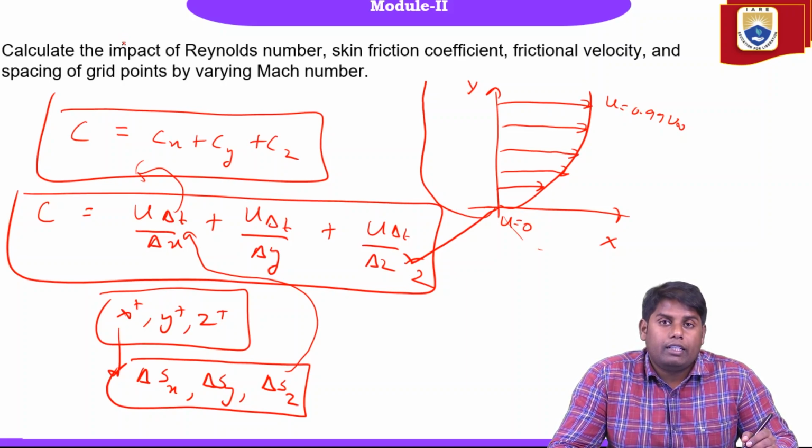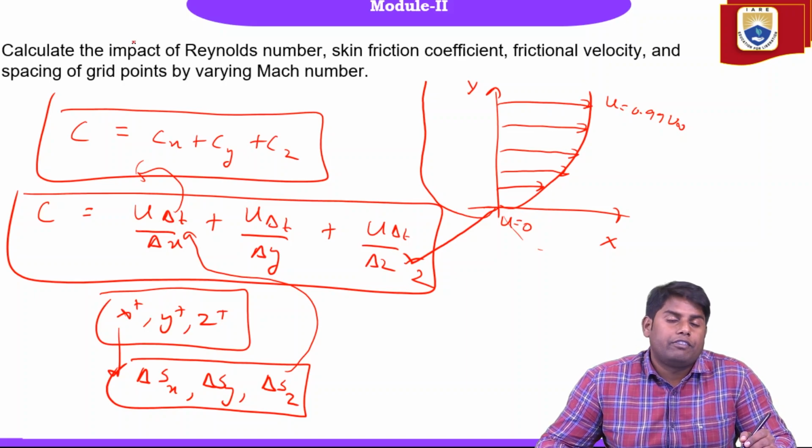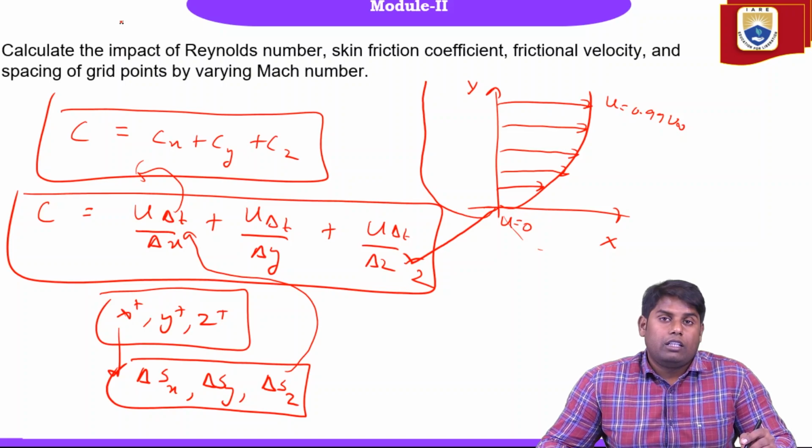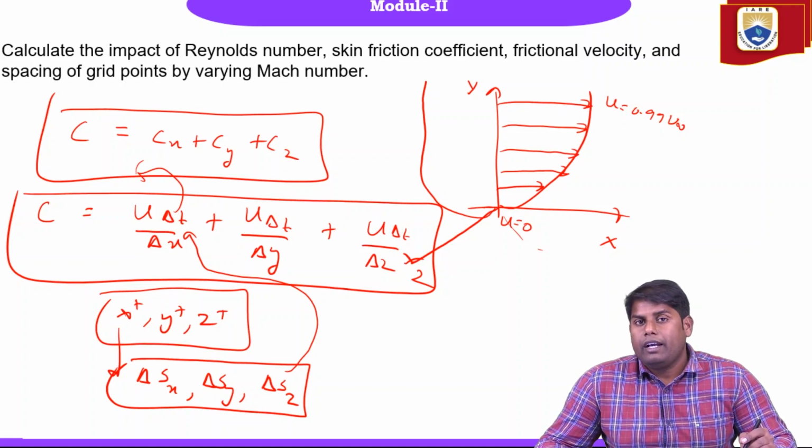So we have seen that as the frictional velocity increases, the spacing decreases. Frictional velocity is increased by the frictional force of the wall increasing, and reference velocity increasing, Mach number increasing, Reynolds number increasing,